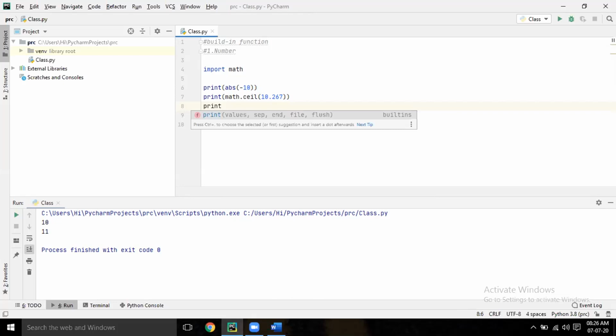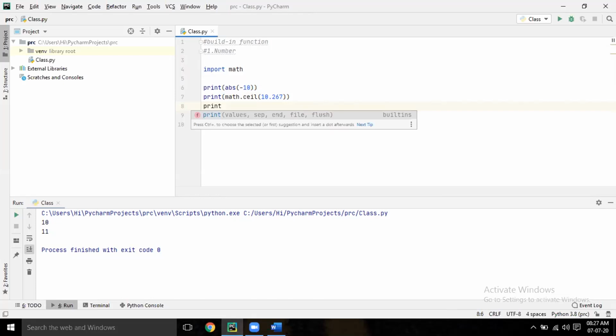One more doubt, sir. For ceil we have to import math, right? Correct. So why is abs working without importing math? Print abs, right? Absolute is already built in.